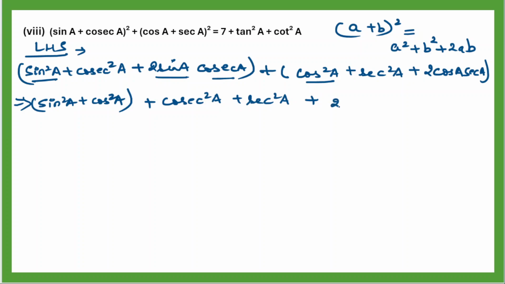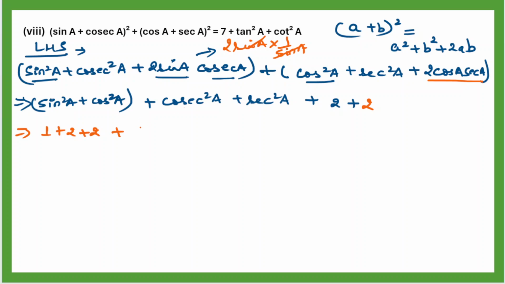it will become 2. Why will it become 2? Because cosec a is the reciprocal of sin a, so you can write it as 2 sin a into 1 by sin a. So here sin a will be cancelled out and you will be left with 2. Similarly for 2 cos a and sec a, sec a is the reciprocal of cos a, so we will get 2. Now sin square a plus cos square a is 1 plus 2 plus 2,